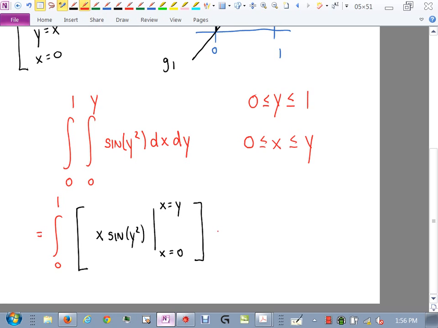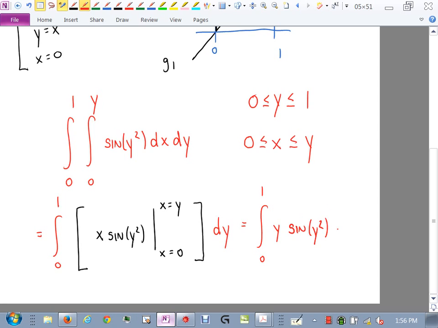And then I come back in, I'll do dy at the end. If we plug in y for x, what do we get? y sine y squared. If we plug in 0 for x, we get 0, so that goes away. So all this turns out to be is the integral from 0 to 1 of y sine